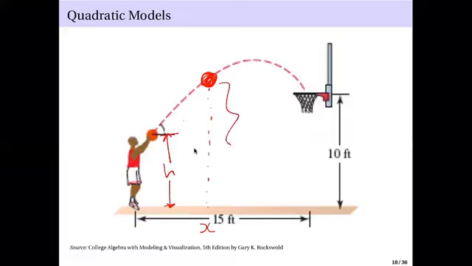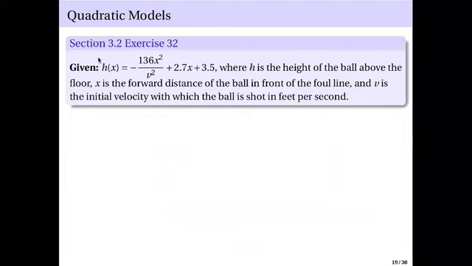So this height here is your h of x. Now we are given h of x equals negative 136x squared over v squared plus 2.7x plus 3.5,